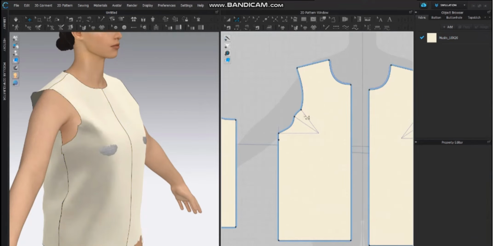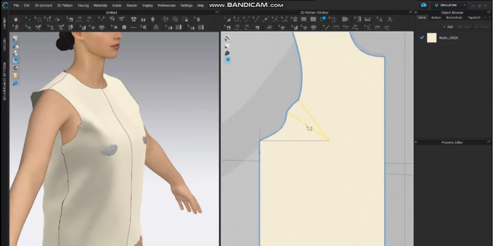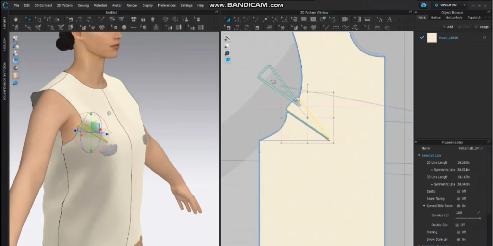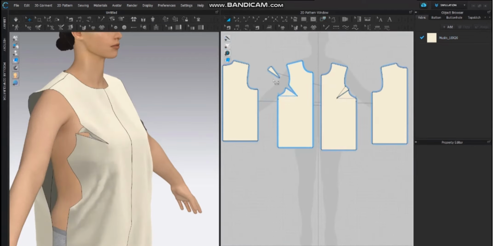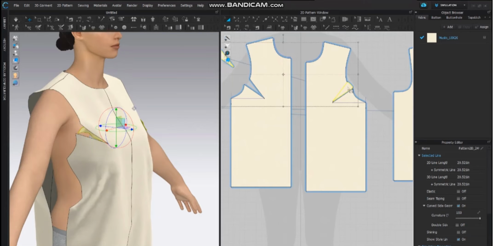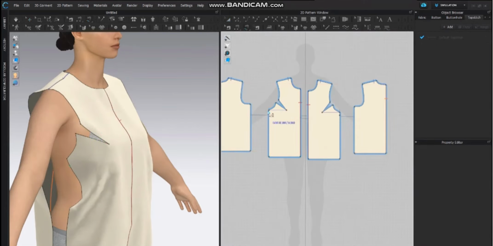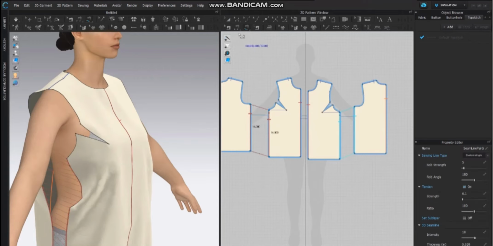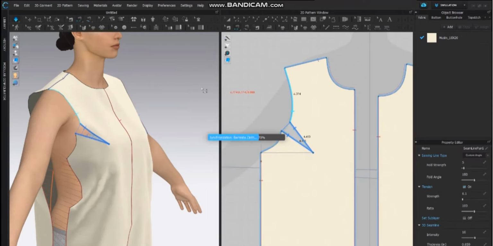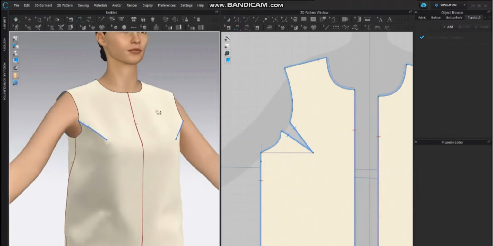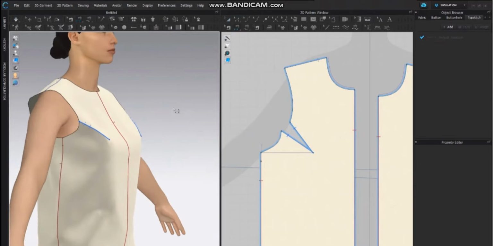So now the dart needs to be cut open. Using the trace tool, I can hold shift and select these 2 markings, right click and choose cut. All of my stuff has come unsewn. I'll go in there with the segment tool or the free sewing tool and sew that all shut. Okay, now that I have this dart here,